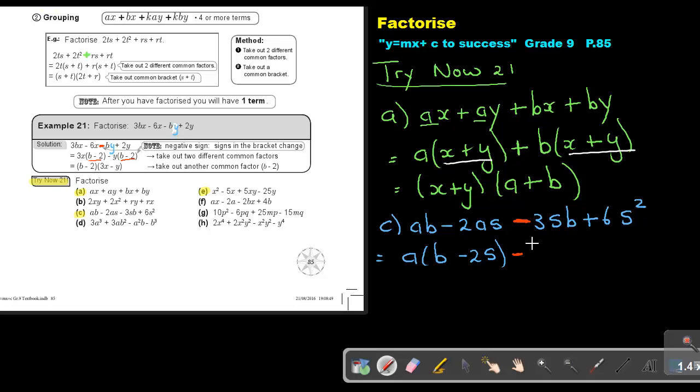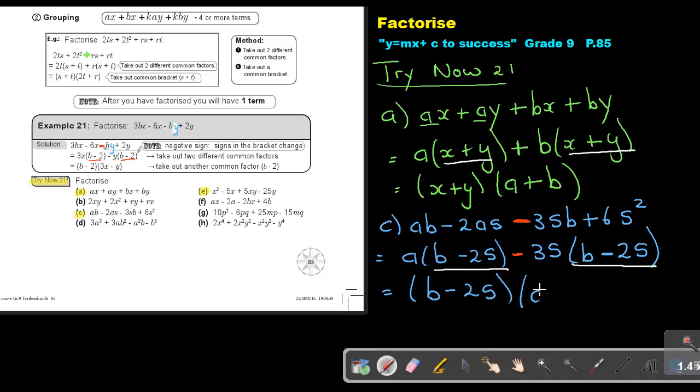So if you see there a 3, we take out 3 and we take out s. So if we divide, what will be left? The 3 and the s, so only b will be left. Now look, a positive divided by a negative. There's only one negative sign. It's an odd amount, so the sign will be negative. Can you see it was changing? So 6 divided by 3, what will that be? 2. This divided by this, what will this be? s. And now, check. This the same, this the same. So I basically just take out b minus 2s. If I divide, what is left? a. If I divide, what is left? Minus 3s. And that's my final answer.